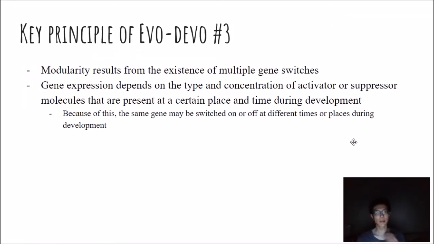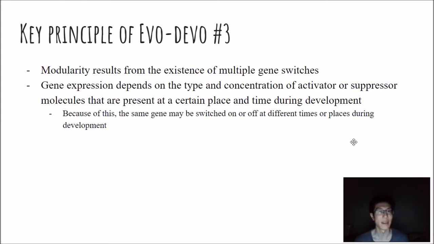Now, if we look at the third part of our principles in Evo Devo, we can think about how modularity results from the existence of multiple gene switches. We call them gene switches. And so gene expression depends on the type and concentration of some kind of an activator or suppressor present in the body of the organism, in the cell of the organism. And as a result of this, the same gene may be switched on or off at different times or at different places during development, which ultimately can have consequences both in the negative sense and in the positive sense for